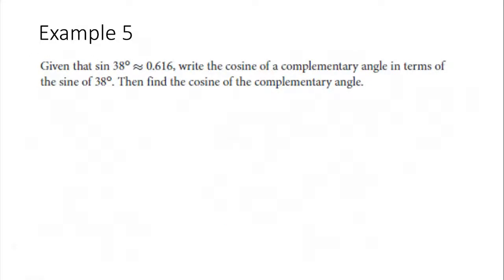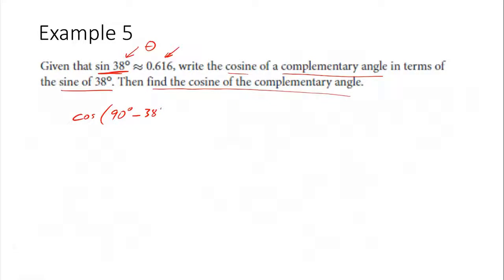Example 5, given that sine of 38 degrees equals approximately this ratio, write the cosine of a complementary angle in terms of sine of 38 degrees. Keywords: complementary angle. So we have to find the cosine of the complementary angle: cosine of 90 degrees minus theta, where theta is that angle right there, 38 degrees. So cosine of 90 minus 38, you should get 52. Let me double check. It's a little late. 90 minus 38, yep, 52